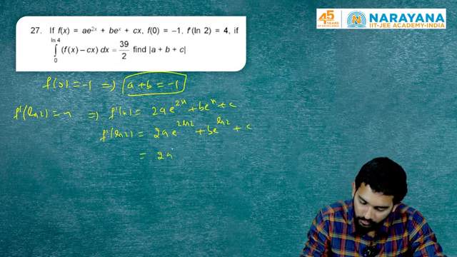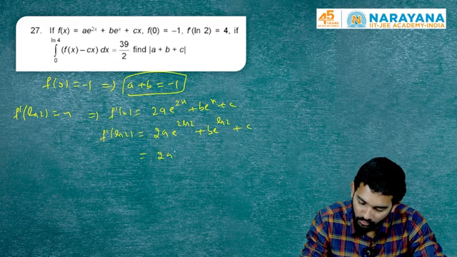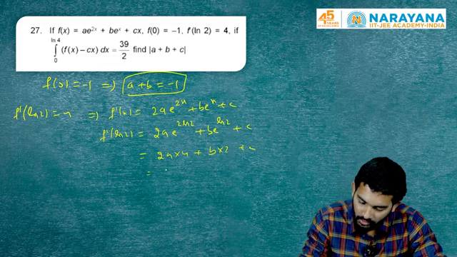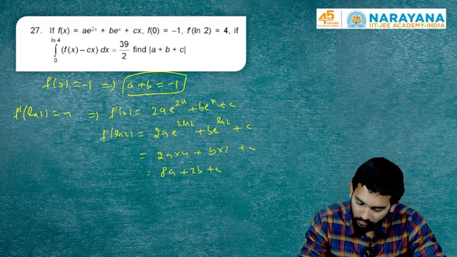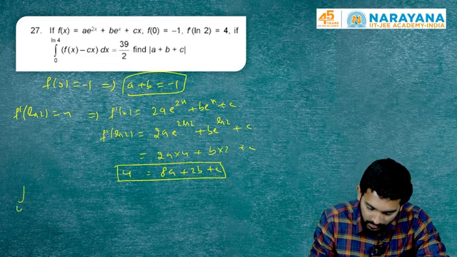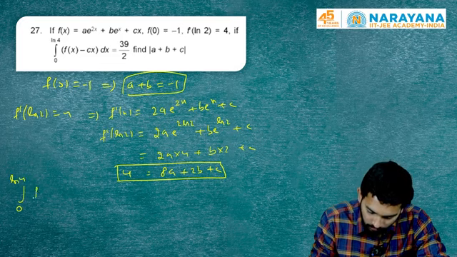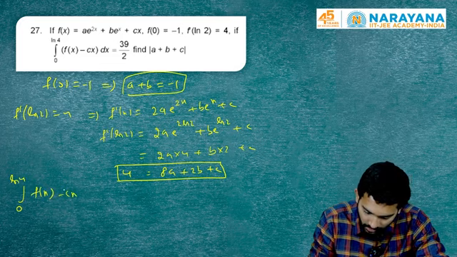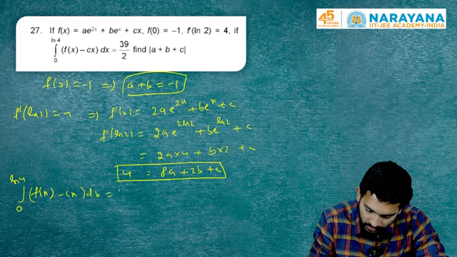So 2a times e power ln 4, which will be 4 into 4, plus this will be b into 2 plus c. So 8a plus 2b plus c is equal to 4. This is one condition. Next, integral 0 to ln 4 f of x minus cx dx is equal to 39